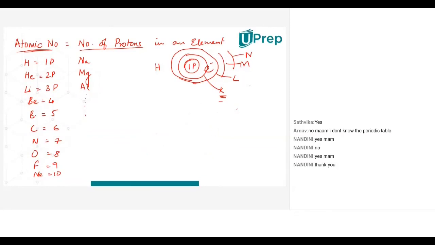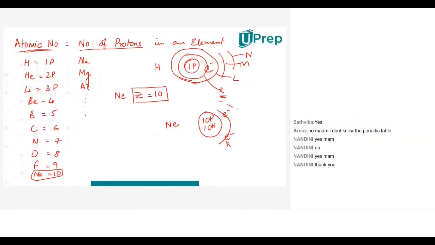So let's say I have neon. Okay, neon, we see the atomic number is 10. So neon's atomic number is given by the letter Z. So I'm going to say Z is equal to 10. So the electronic configuration of this will be, let me just draw the structure first. So neon will have 10 protons and maybe 10 neutrons in the nucleus. Around the nucleus, I have the K shell. K shell will have 2 electrons. K shell cannot have more than 2 electrons. Maximum that the K shell can have is only 2 electrons.